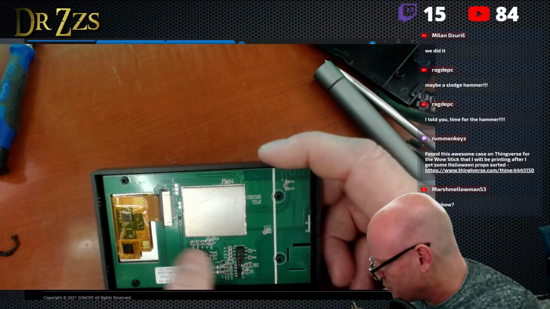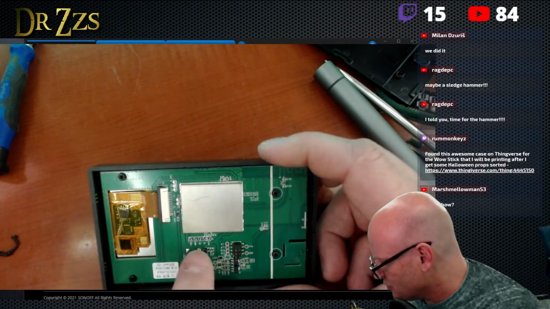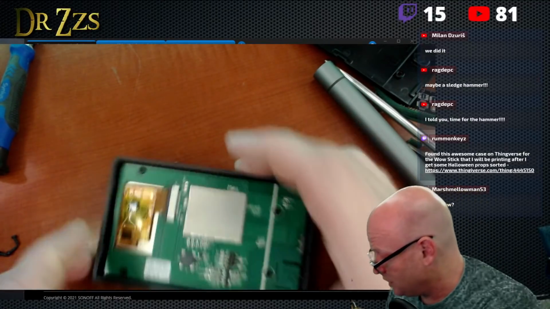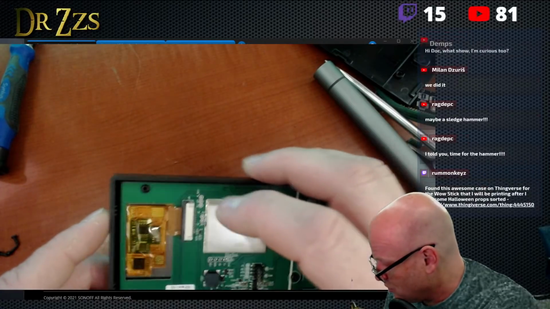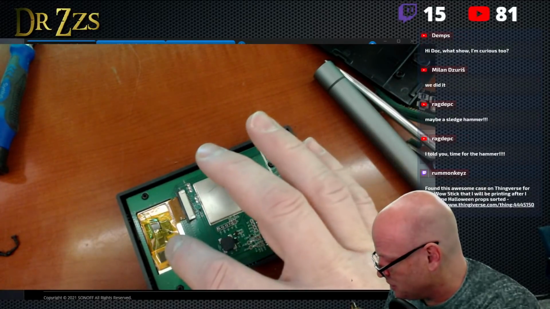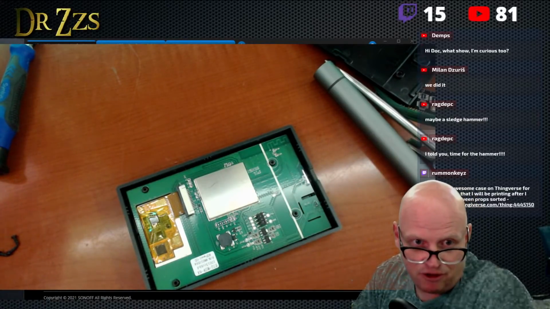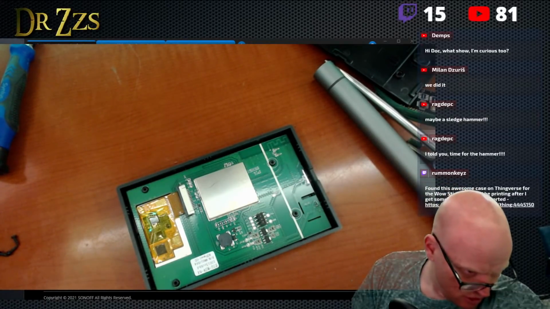Okay, well, the programming pins are right there, so you can certainly flash this. So now the thing would be to figure out where on the ESP chip the communication pins for the display are on. We did it!